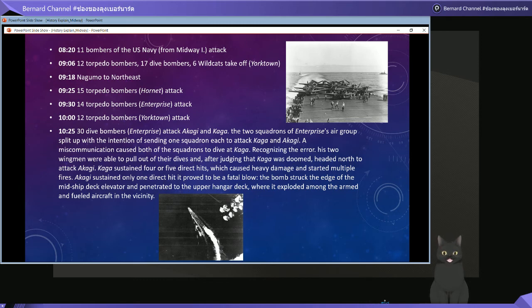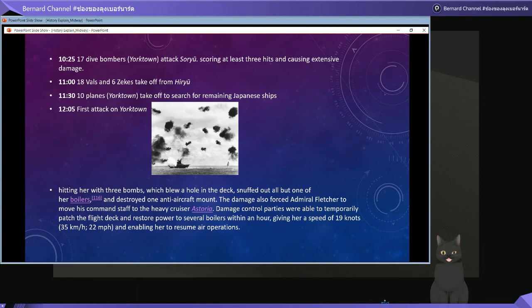So when these two bombers decided to dive at Akagi, one bomb hit through her flight deck and right inside the hangar, while every single armament, bomb, torpedo, and bullet was inside. Five fateful minutes. So the bomb pierced through and blew everything inside. It was a firework. Akagi just blew up, and no way she was going to survive that. Okay, and after that,